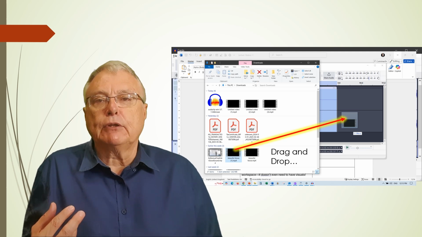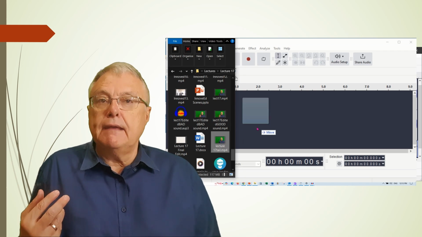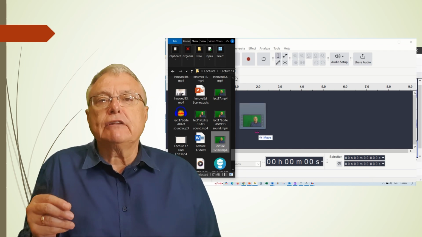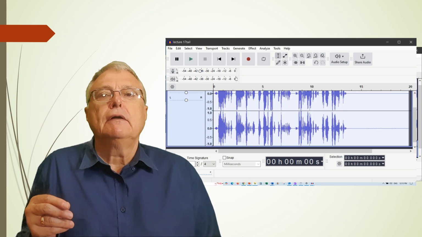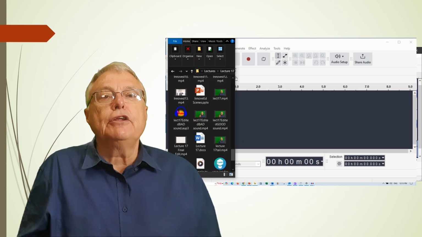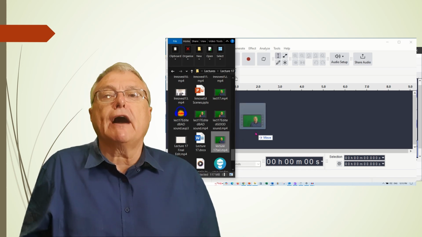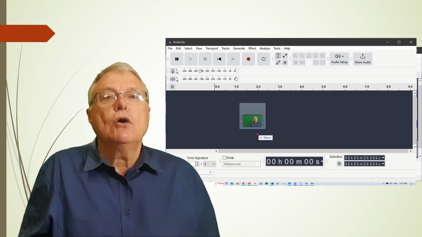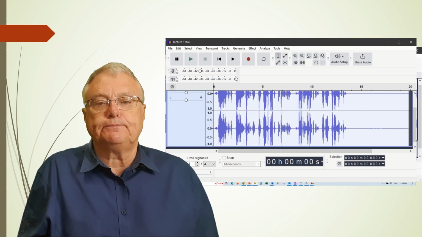Let's take a look at how it works. Simply drag a video file, say an MP4 file, onto the Audacity workspace. It doesn't matter if it contains visual material or not. You can use one of those MP4 files we created in Clipchamp for our video branching scenarios, or dialogue cards with the AI-generated voices.